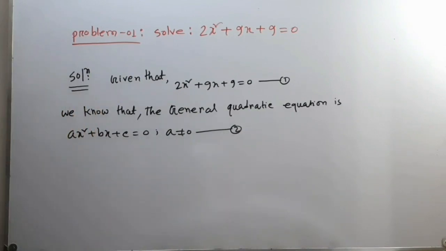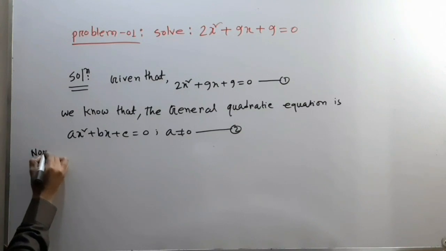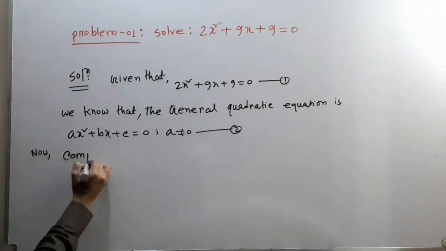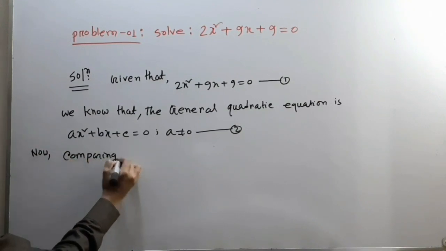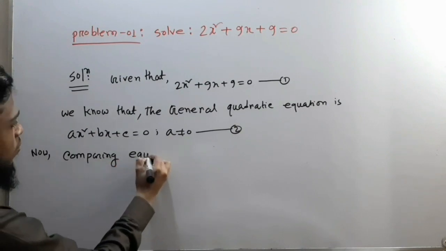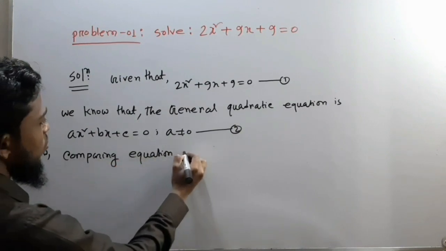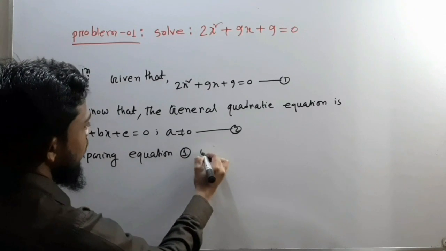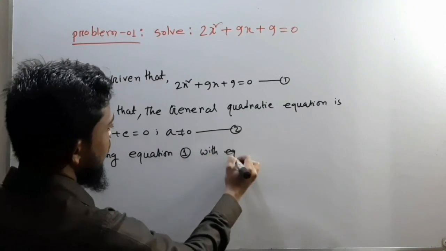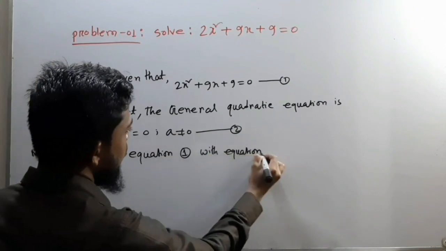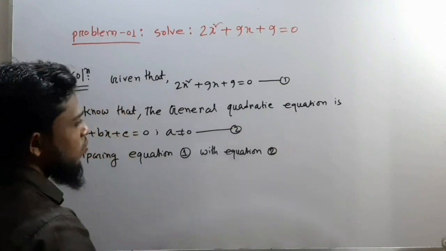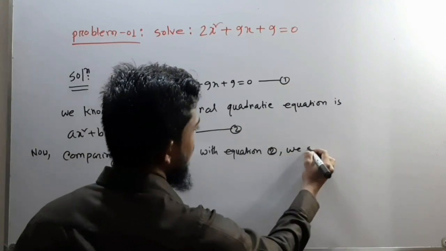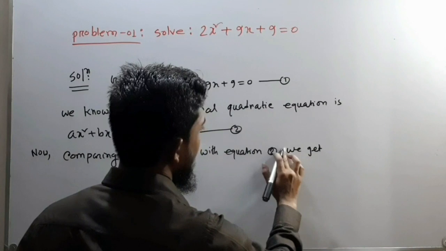Number 2 equation. Now comparing equation 1 with equation 2, we get,